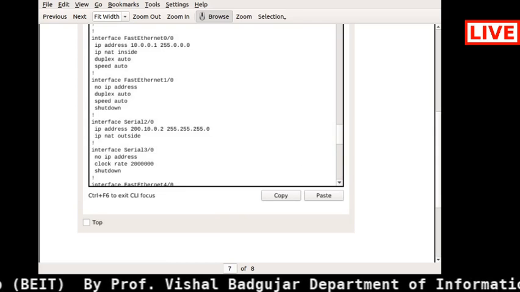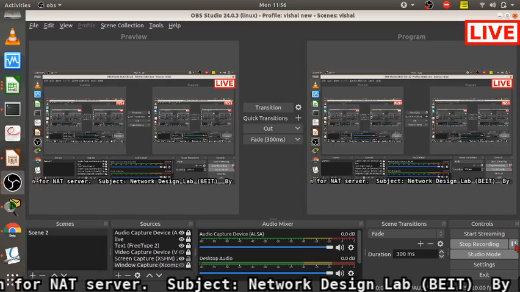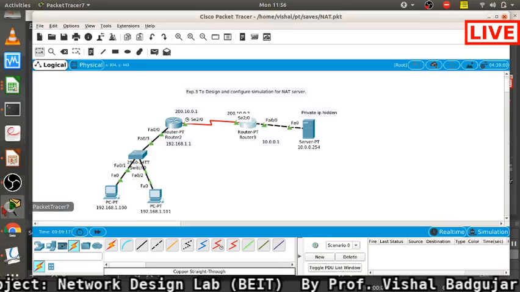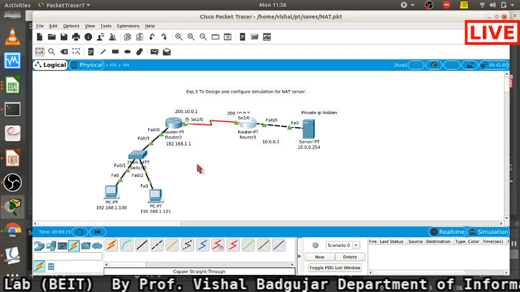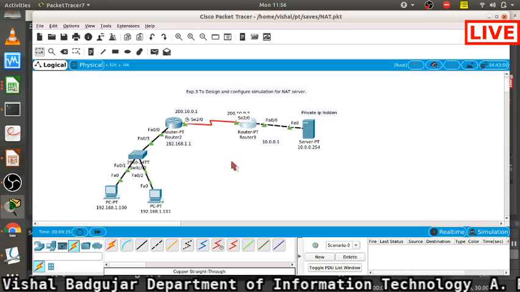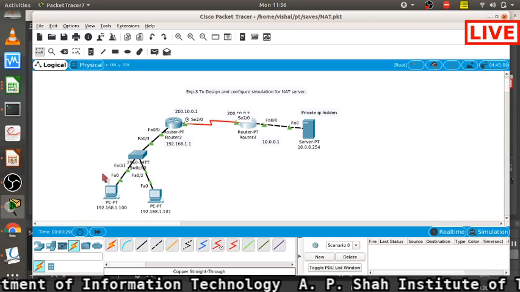So let's go with Cisco Packet Tracer. Okay, students, whatever I have told you in our lab manual about the NAT configuration, what you need to do is, if you see in this particular topology,